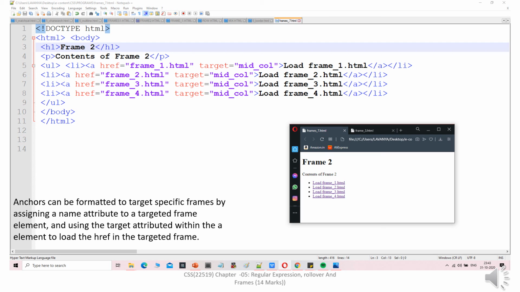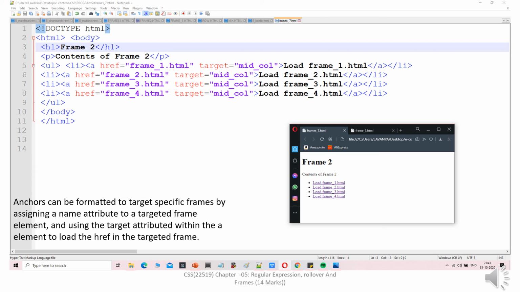So HTML code: the HTML tag, then body tag, then h1 equal to frame 2, then content of frame 2. Then the list tag, and in this list item an a href equal to frame1.html, target equal to mid column, load frame1.html, end of the a, end of the list tag.